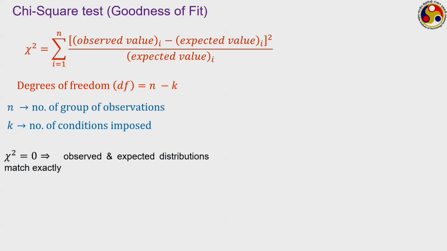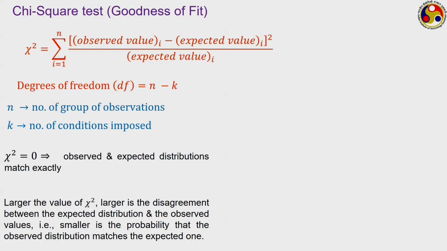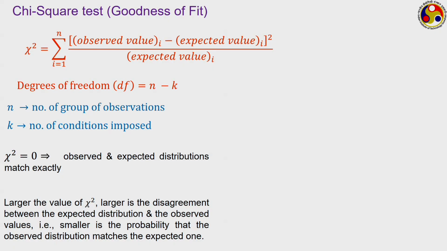If chi-square is equal to 0, then that is an exact fit. As the chi-square keeps on increasing, that shows an increased discrepancy between the observed value and the expected value. And if the chi-square is larger than a certain predefined limit, then we can't go with this particular set of observation. But before that, the degrees of freedom, as we have used in the previous case, like when we are deciding